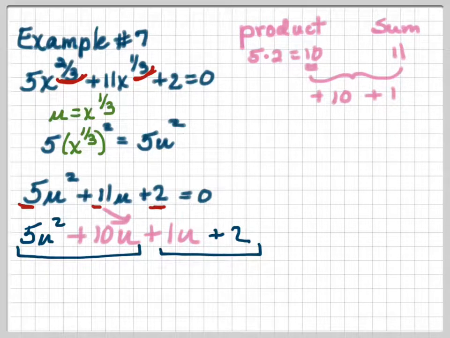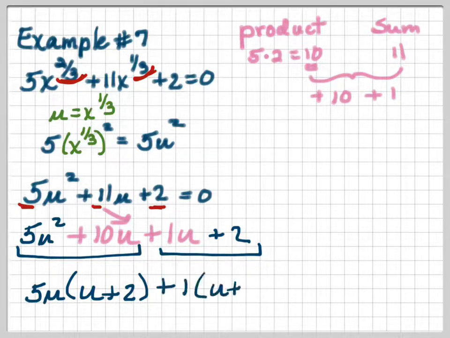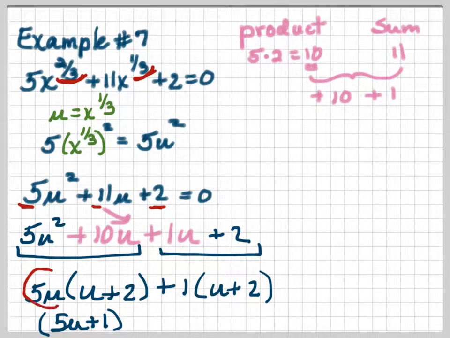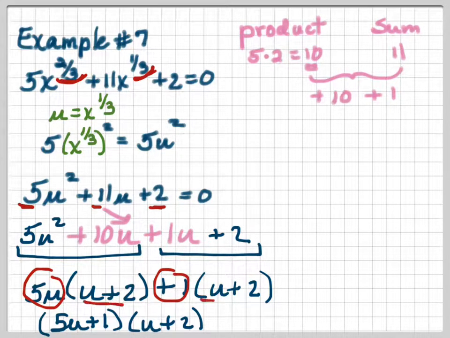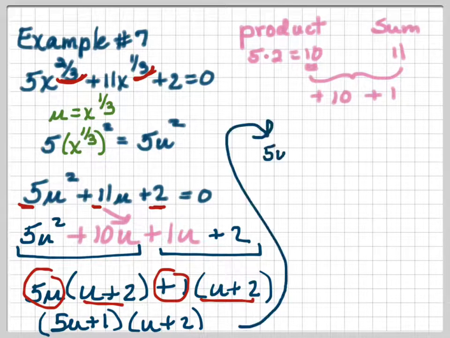Now I have things that I can regroup. When I regroup my 5u squared plus 10u and factor out 5u, I have 5u times u plus 2. And when I factor a 1 out of this, I have 1 times u plus 2, which means I can put these together: 5u plus 1 times u plus 2. Now, if 5u plus 1 equals 0, then 5u equals negative 1, or u equals negative 1/5, but u is